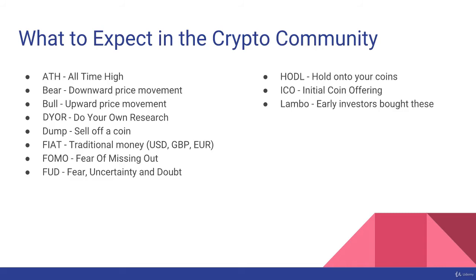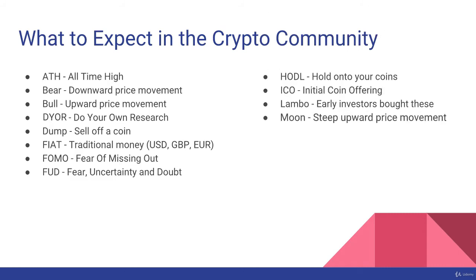Lambo. Now this means Lamborghini. In the early days when you could buy Bitcoin for something like 5 or 6 cents, certainly well less than $1. If you'd have bought Bitcoin back in 2010 maybe, then if you'd have hodled it and held on, each one of those would be worth today, I think $8,500. So those early investors held on for a long time through thick and through thin, and they did actually buy Lamborghinis with their profits. So this is where this Lambo comes in. In fact, in the forums you'll see when Lambo, when's it going to moon and Lambo? When are the prices going to skyrocket again? That's what they mean.